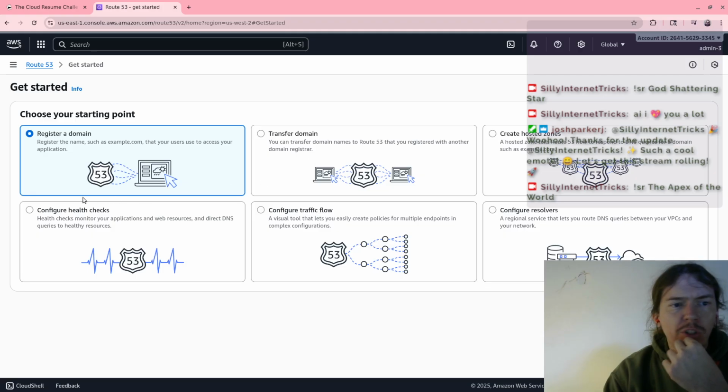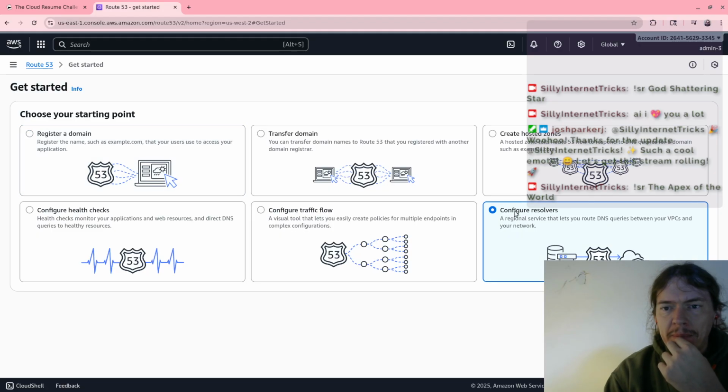I tried it, but it was no good. Pretty sure we want to do, let's see. Is it resolvers? No, actually, no. I think if it's in the other account, we have to do it in the other account.